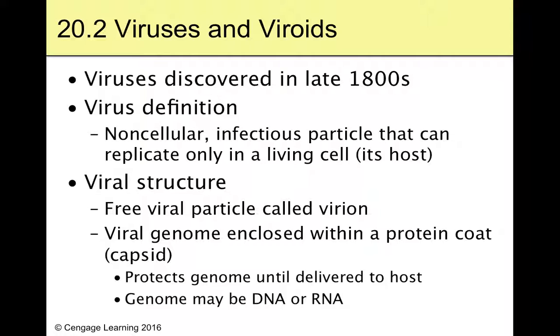20.2 is viruses and viroids, which is what we've been talking about anyway. So even though we didn't know about HIV until about the 1960s or so, we've known about viruses for quite a long time. Not a lot about them necessarily, but the 1800s, I mean, that's a long time ago. And we discovered viruses, and we use the word virus because it's Latin for something like slimy poison or liquid poison or some junk like that.